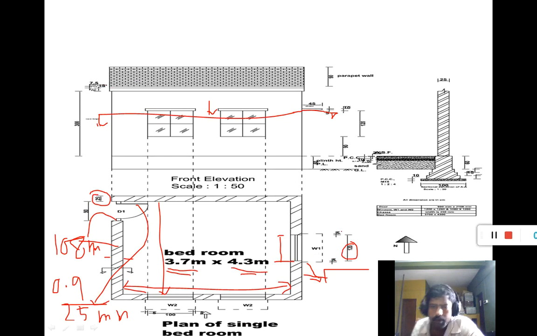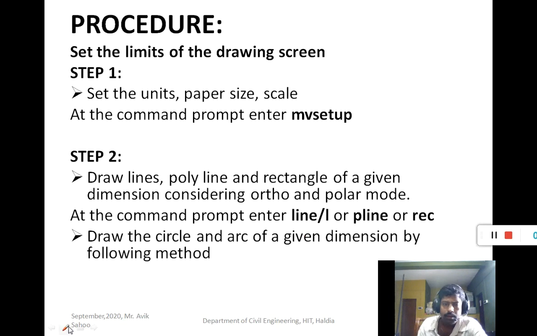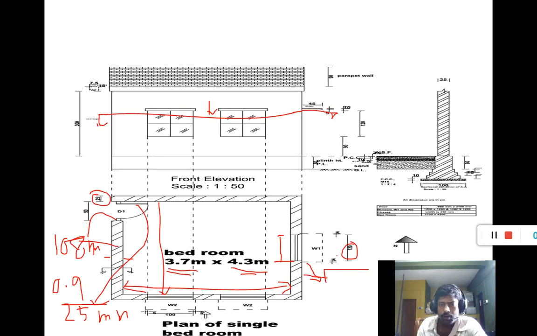This is a horizontal projection. In every building the chajja is used. For standard, traditional buildings, chajja are used to protect from the rainwater.